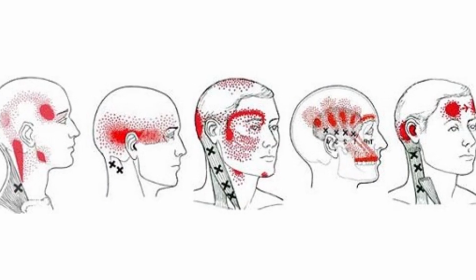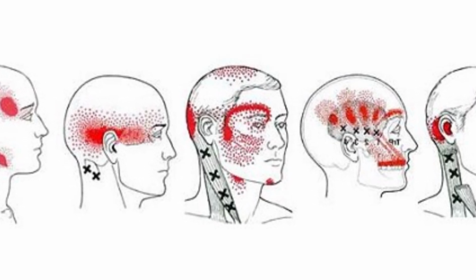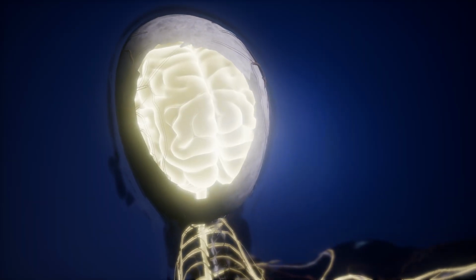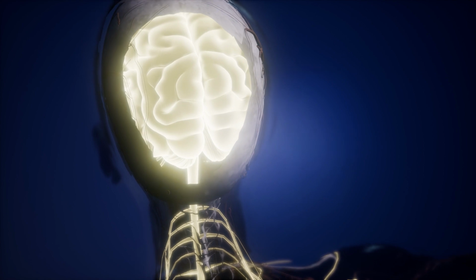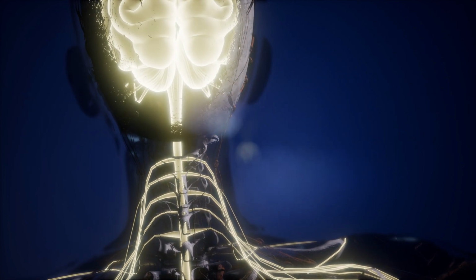What makes tension headaches unique is the referred pain phenomenon. In tension headaches, pain is not always felt at the site of the muscle strain, but often radiates to the head. This happens because the sensory nerves that innervate the muscles and tissues of the neck and upper back share overlapping pathways with the nerves that innervate the head. As a result, the brain interprets pain signals from the neck as pain in the head.